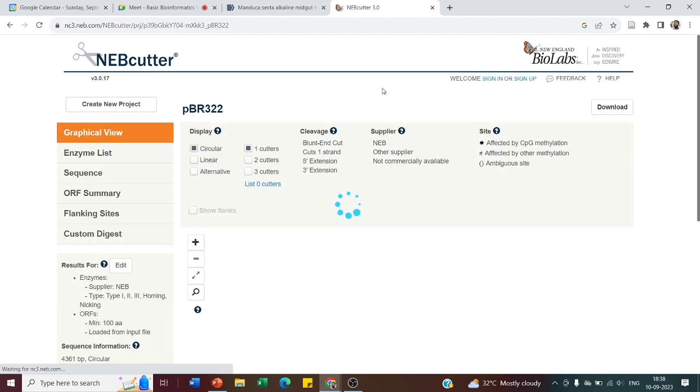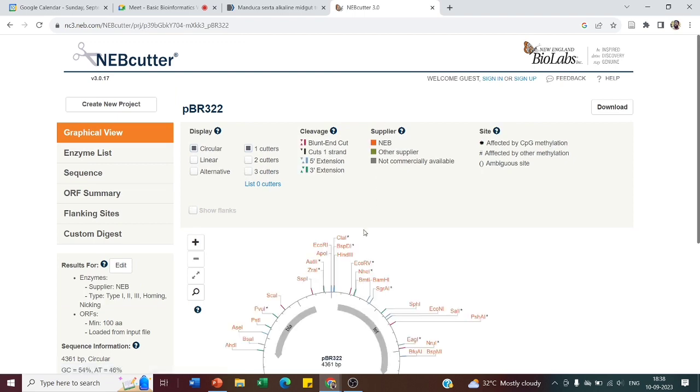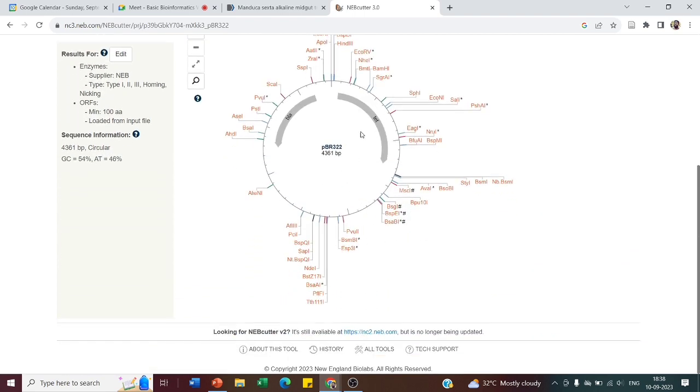I'll come to our sequence. Yeah, we are just seeing the PBR322. I think you have already seen this picture in your textbooks. What types of restriction enzymes can cut the PBR322? All the restriction sites present in the PBR322 will be displayed. So if you are cloning your gene using PBR322, you can select any of these